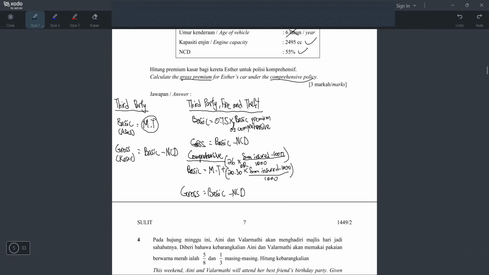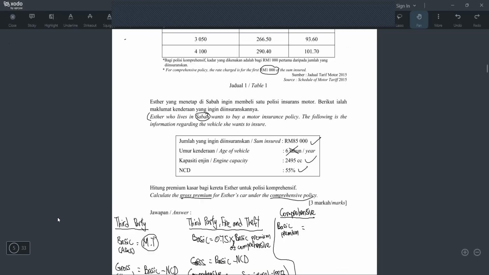So what I do now, I will write my working here. Okay, so let's draw a line like this. Okay, this is my working. Okay, so how is the working? First, you have to write basic premium. Okay, let's put the tajuk comprehensive like this. Okay. To remind myself, I'm finding basic premium for comprehensive, and then I'll write basic premium here. All right. Or you want to write in Bahasa Melayu, you want to write premium asas, boleh juga. Okay, what is the basic premium for comprehensive? I told you already. Look at the motor tariff, and then plus with this bracket, right?